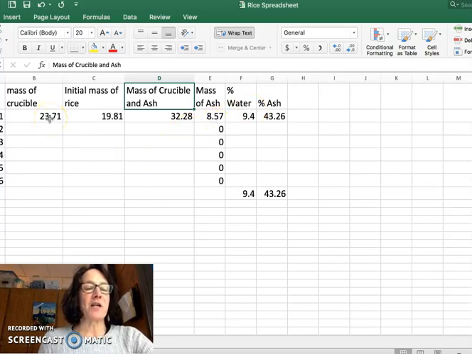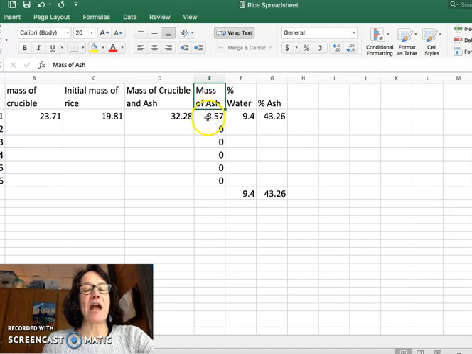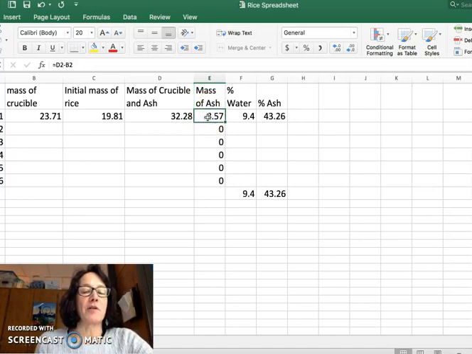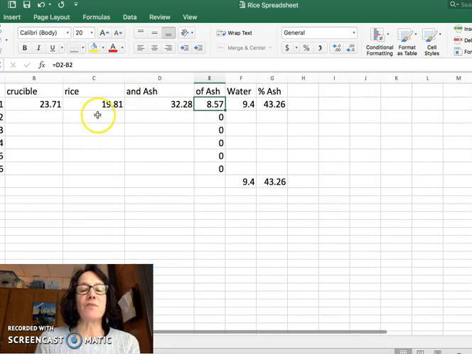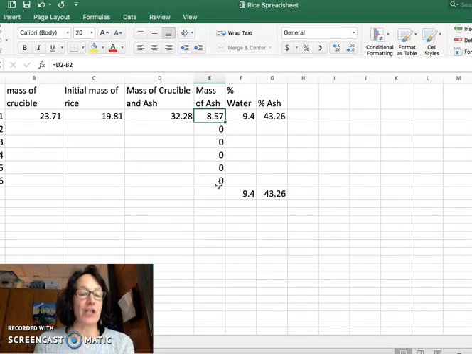I've got my initial mass of my crucible, the initial mass of the rice, the mass of the crucible and ash. So notice that the mass of ash calculation, I simply put in as a formula. You've got to be a little bit careful. The letters that are on your initial data table aren't necessarily going to be the letters that line up on your Excel spreadsheet. So notice that to get the mass of ash, I have D2 minus B2, so the mass of crucible and ash minus the mass of the crucible. And then I just highlighted and dragged that formula down